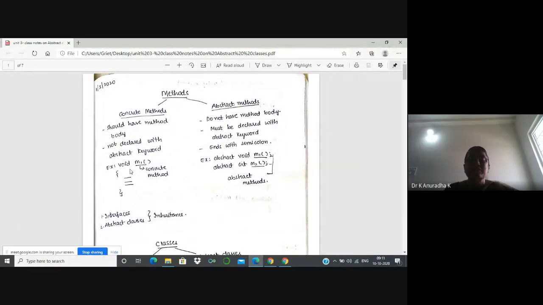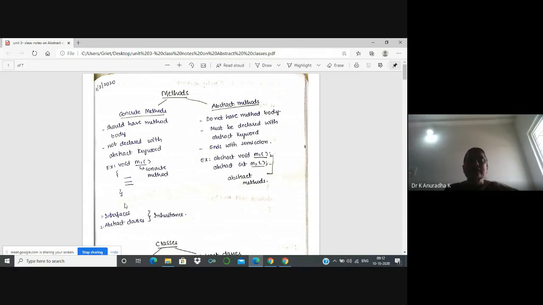This one is without return type and without parameters. Without return type means void, and without parameters means we have not taken any parameters inside the parentheses. That's why this function comes under without return type and without parameters. Like that we have four types of functions.